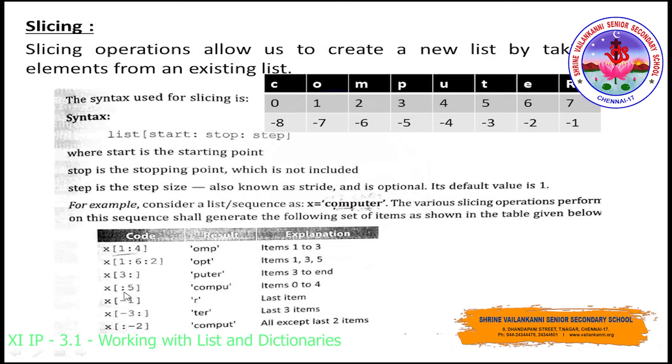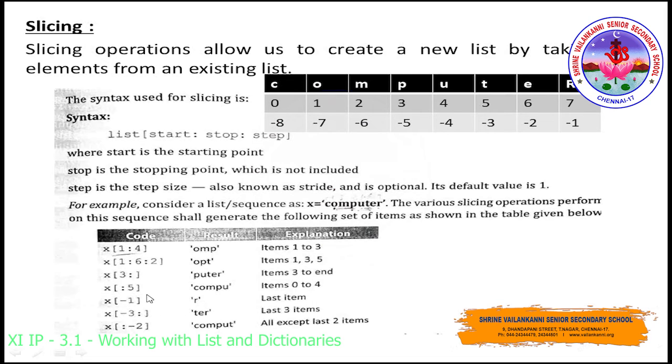And now here they have not given the starting parameter. So if the starting parameter is missing, you have to start by default from the 0th index position. So starting from C, and the ending parameter is 5. So 1 less than 5, COMPU, until this all the letters get printed.